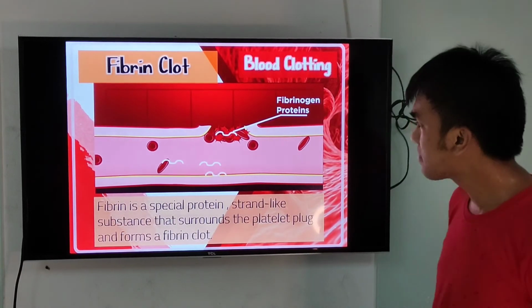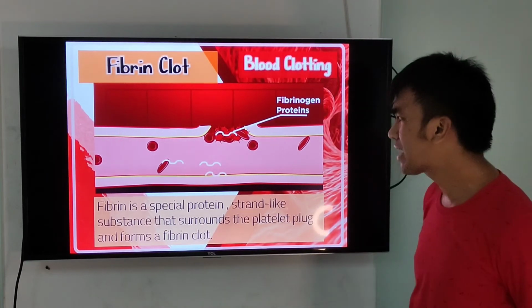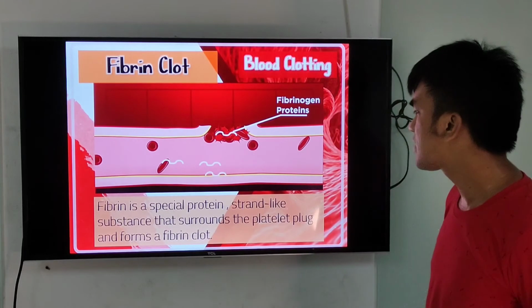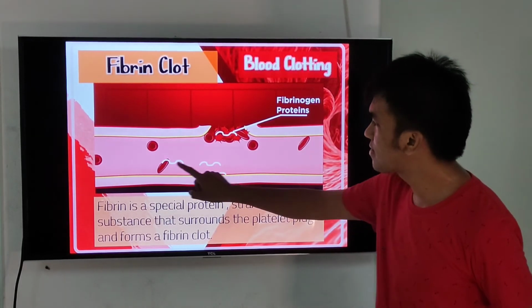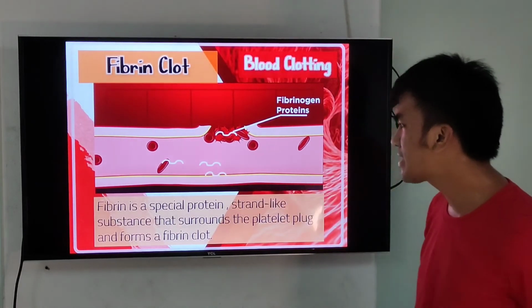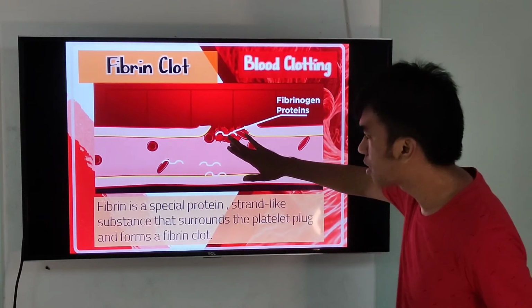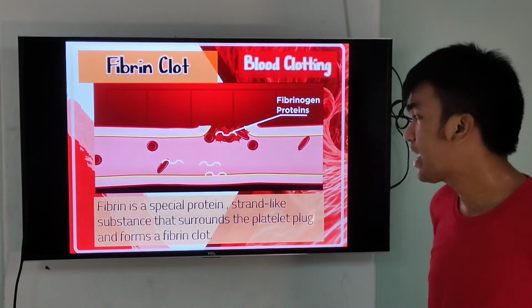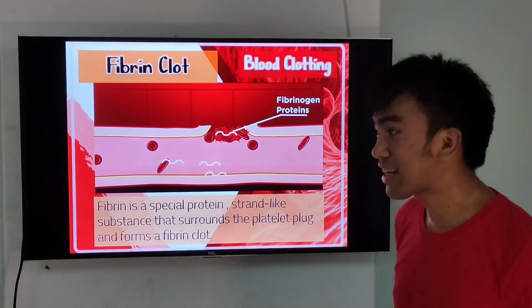Fibrin, when we say fibrin, it's a special protein and it's a strand-like substance that surrounds the platelet plug and forms a fibrin plug. So these are the fibrin or the fibrinogen proteins, and they are a strand-like substance that surrounds the platelet plug and forms a fibrin plug. This fibrin acts